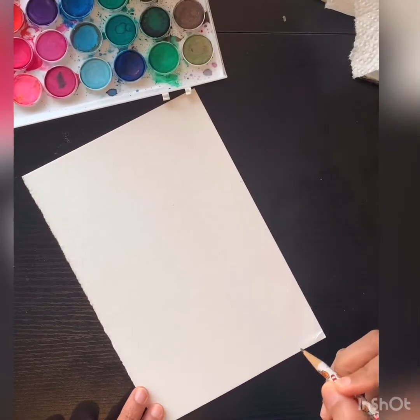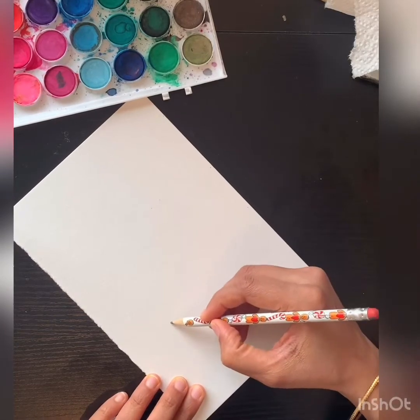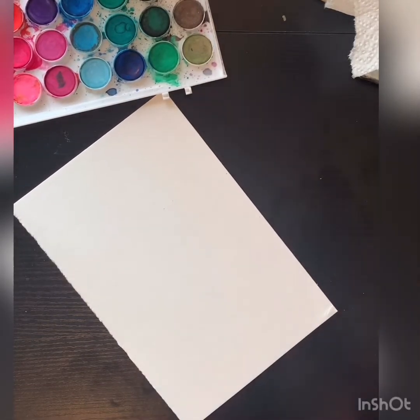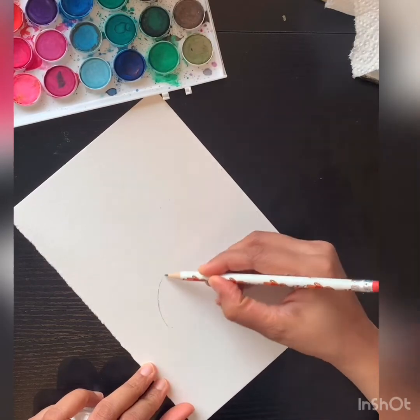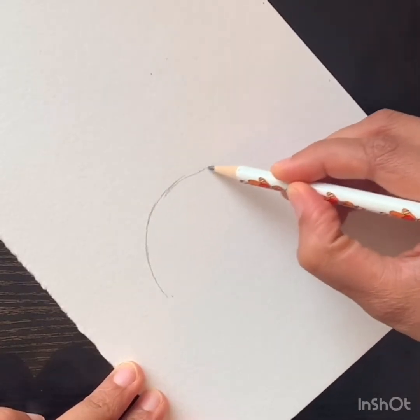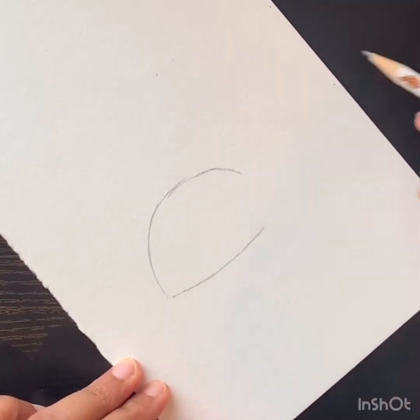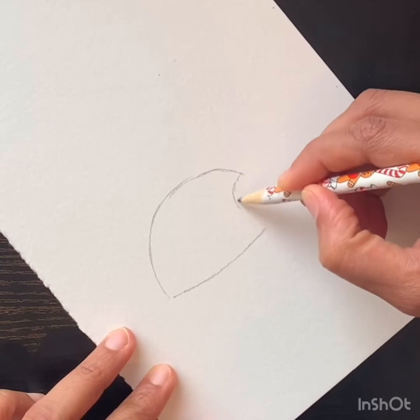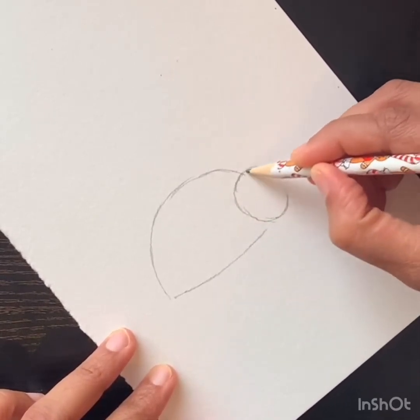Today in this tutorial we are going to learn how to draw a beautiful colorful bug with a leaf on the top. So to start off drawing, we first want to do a semicircle. It's kind of like the body of the bug. So you draw one semicircle on the top, and in the bottom you draw a straight line,